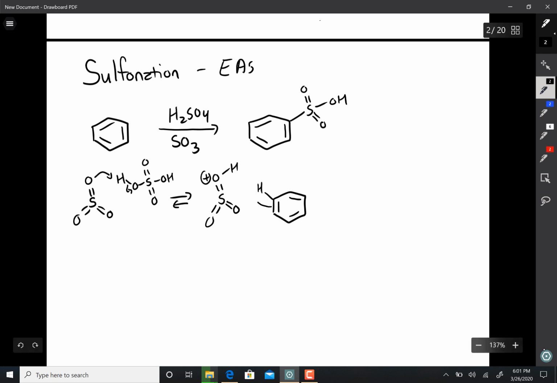So the pi system's electrons add to the sulfur, and electrons go up to the O. And as a result, we get the sigma intermediate,